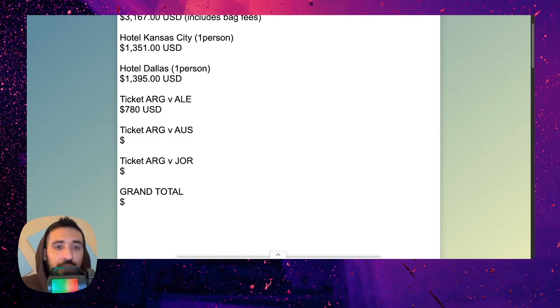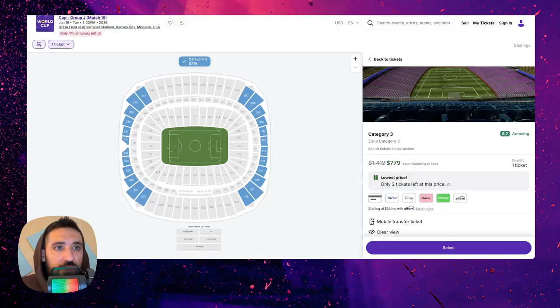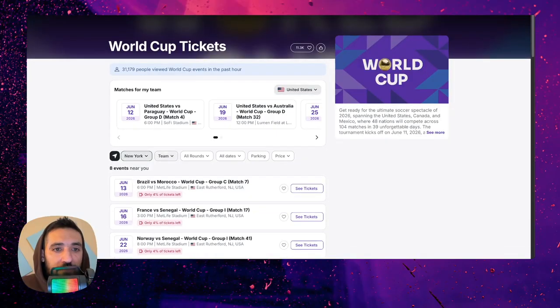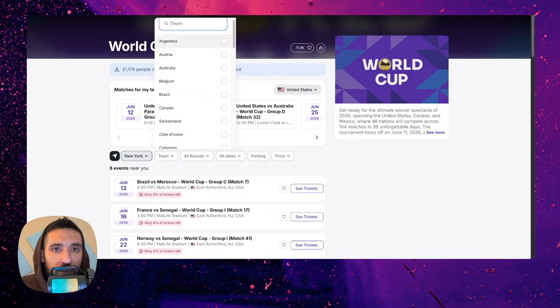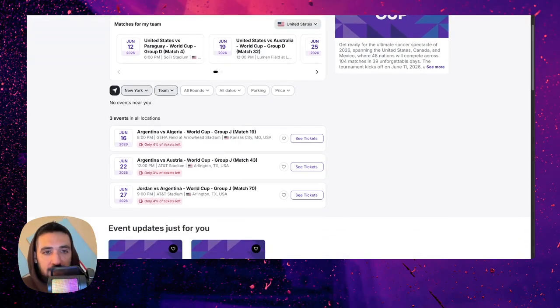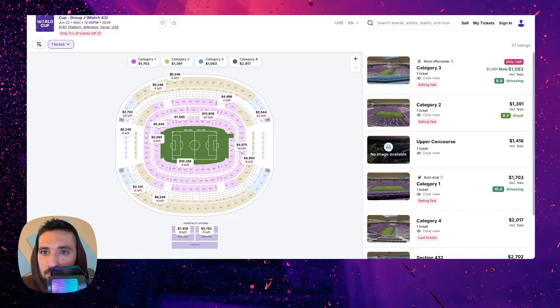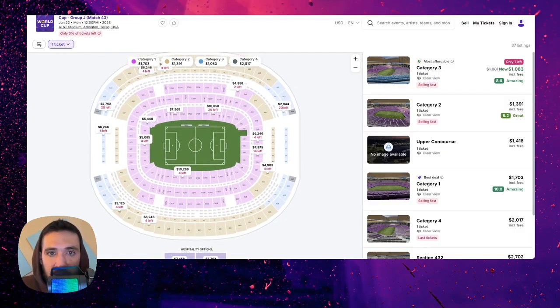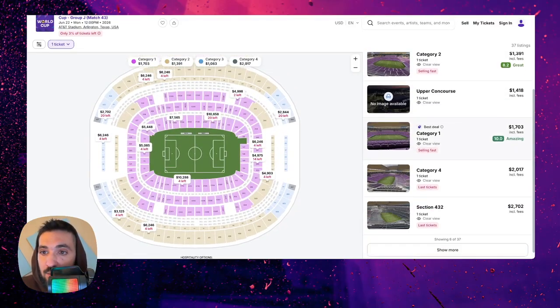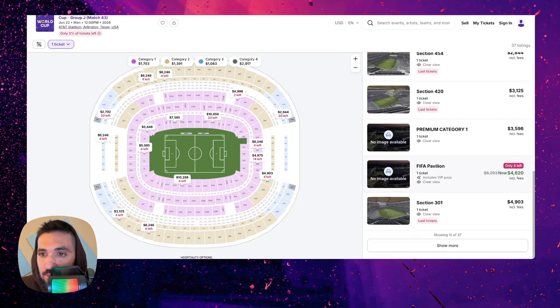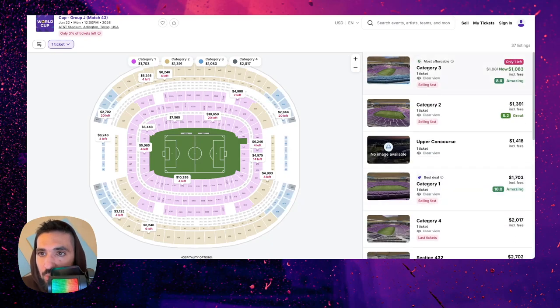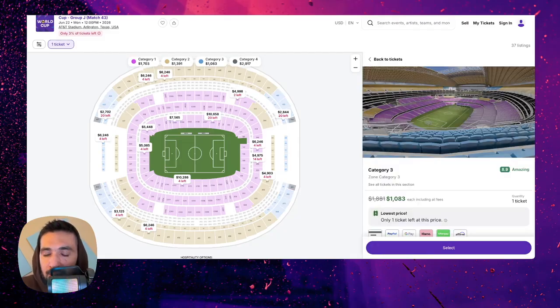Now let's go to game number 2, which is Argentina versus Austria. June 22nd, we're going to Texas, Arlington. Argentina versus Austria. 1 ticket. And then we could see here, these are some crazy numbers. But I think the cheapest one is this one, $1,083. Category 3 ticket.